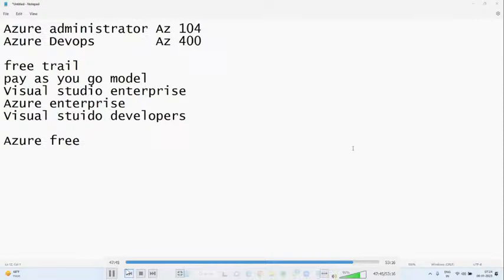There are two types of DevOps, guys. One is open source DevOps, the other is Azure DevOps. When you go for open source DevOps, they teach Ansible, Chef, Puppet, Docker, Jenkins, etc. There are many things. This AZ400, whatever Microsoft implemented, I have included in the syllabus.